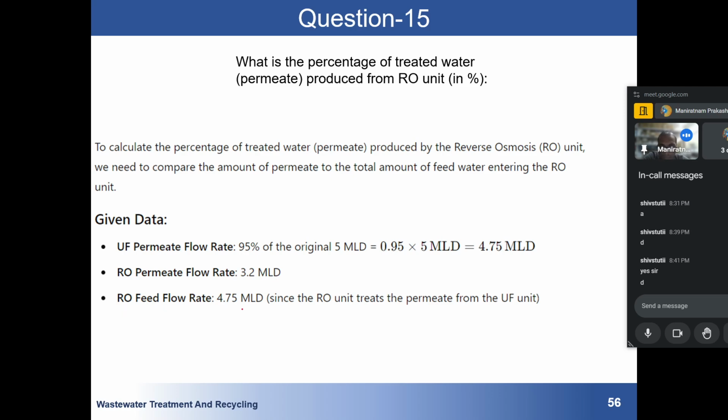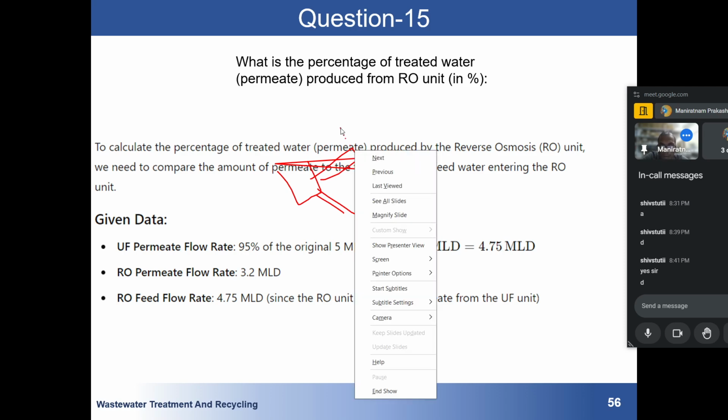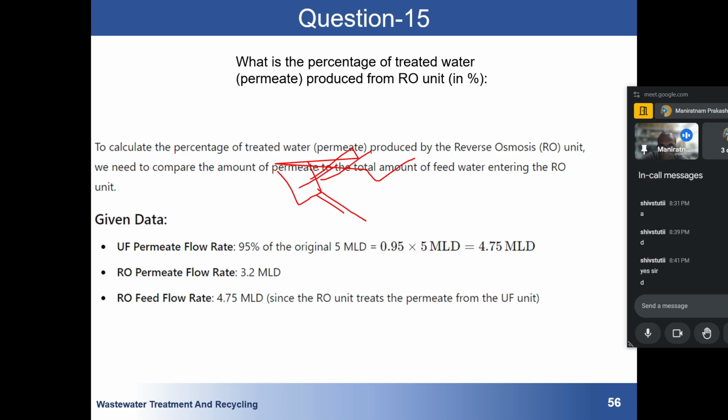So the RO feed is 4.6; the RO treats permeate from the UF. First we have ultrafiltration, then there was some reject flow. Then the water goes through to the RO filter. The flow coming out of ultrafiltration will go into this RO. The question says the permeate flow is 95% of the original. So 95% of the original is 5 MLD into 0.95, that is 4.75. And the water leaving from RO has a flow rate of 3.2